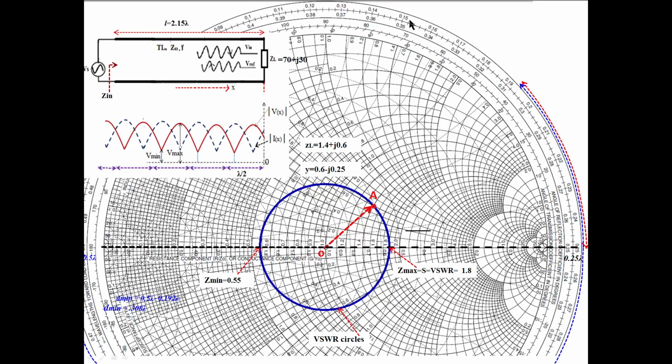See, starting like, for example, like this. 1 2 3 4 5 6 7 8 9 10 11, like that you go on, because each division is 0.01. If you travel 15 divisions, then you will be crossing 0.15 lambda. So from the load point, you draw a line to here. Then from here go 15 divisions. Stop there and draw a line to the center of the Smith chart.